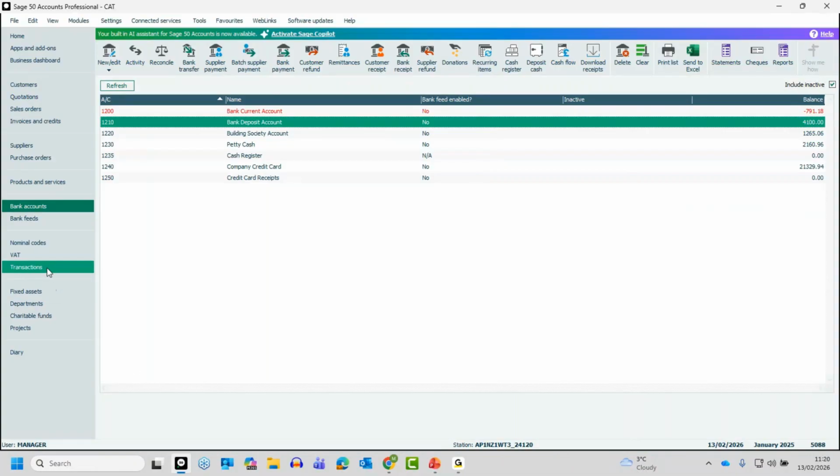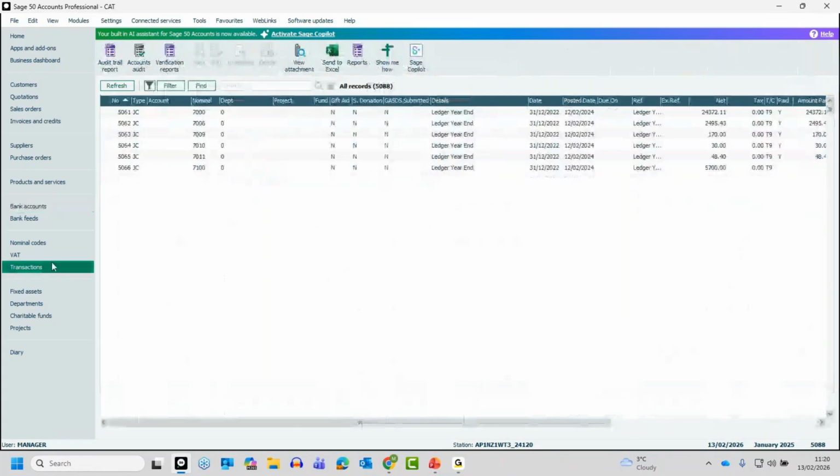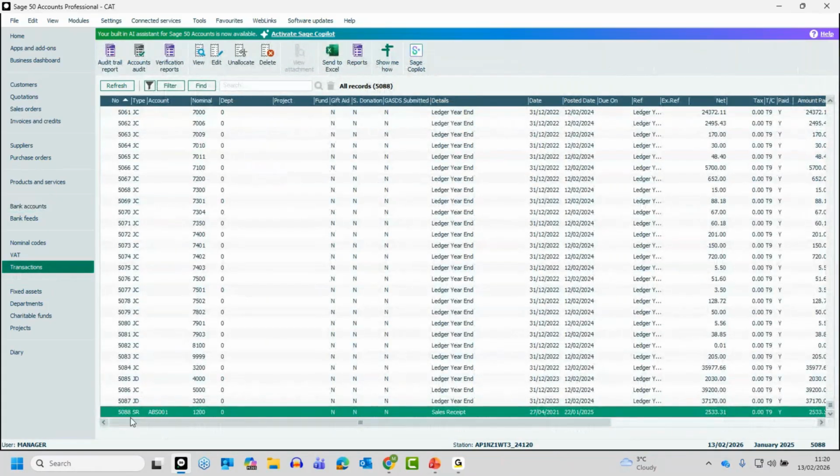So if I go into transactions, the last transaction on my list, 5,088. If you've never cleared the audit trail, it's going to agree. Now, if you need to check how many transactions you've got, or if you've cleared the audit trail before, you can go to Help at the top, into About,